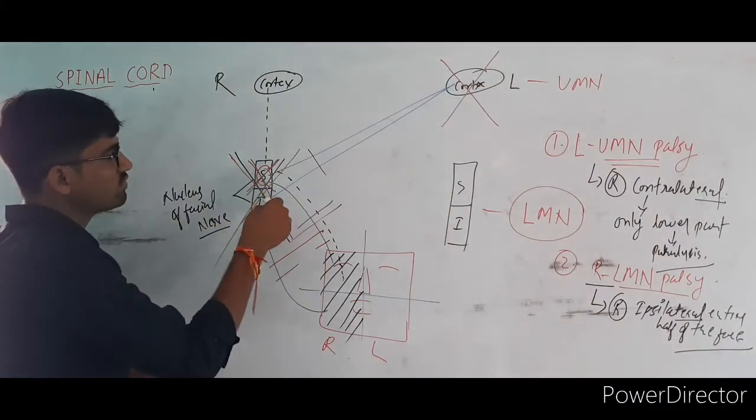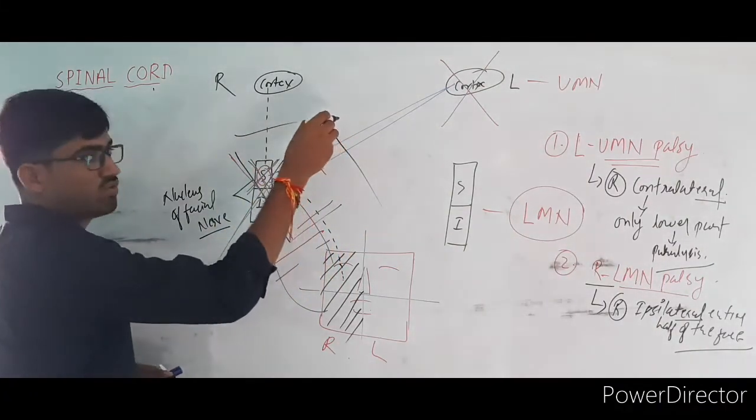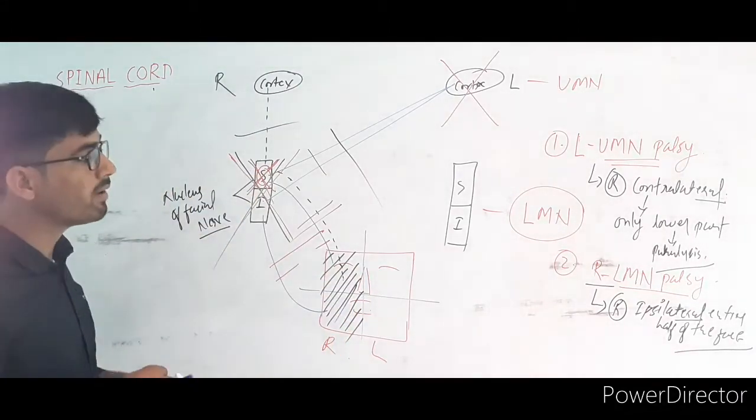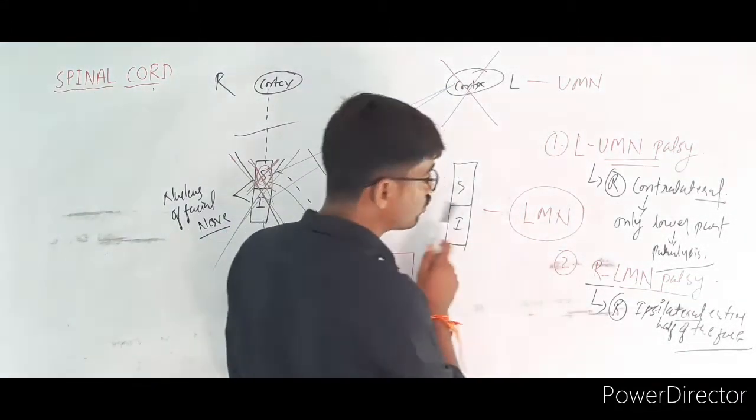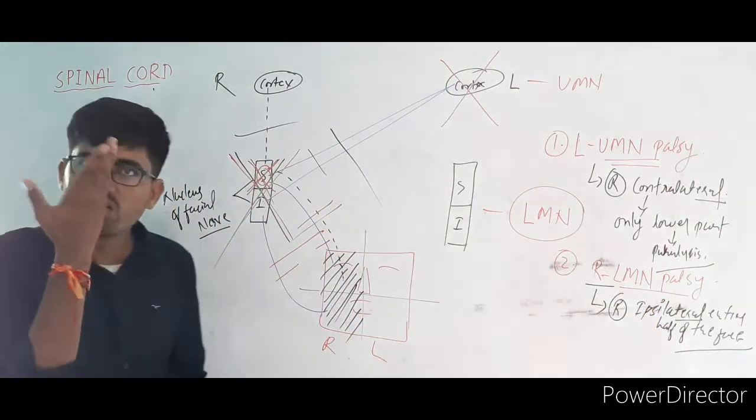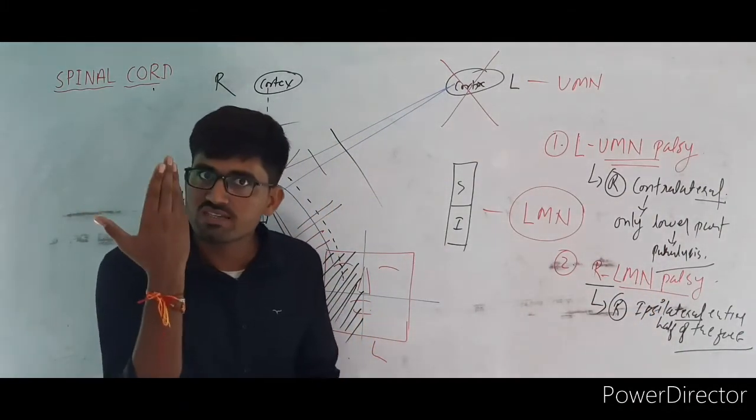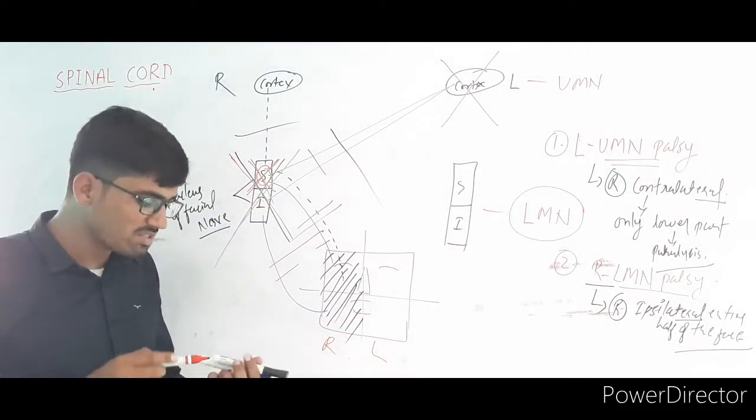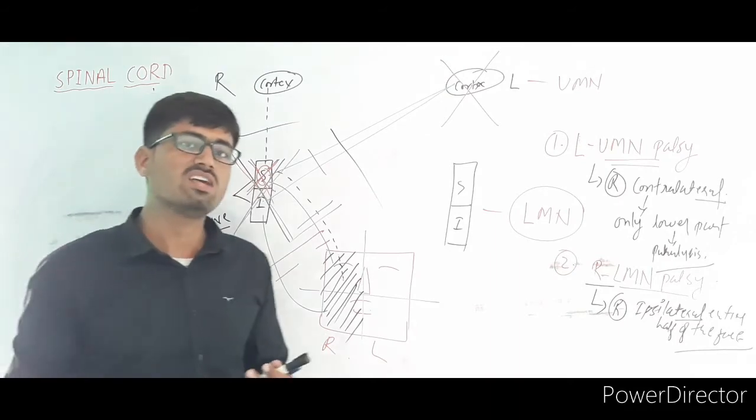If it is gone, so this fiber will go, this will go. So sensation from this part is affected. This is called lower motor neuron palsy, and the entire half face is affected, one side of the face, and that is called what? Bell's palsy. So in Bell's palsy, whenever the examiner asks what is Bell's palsy, if you are telling,